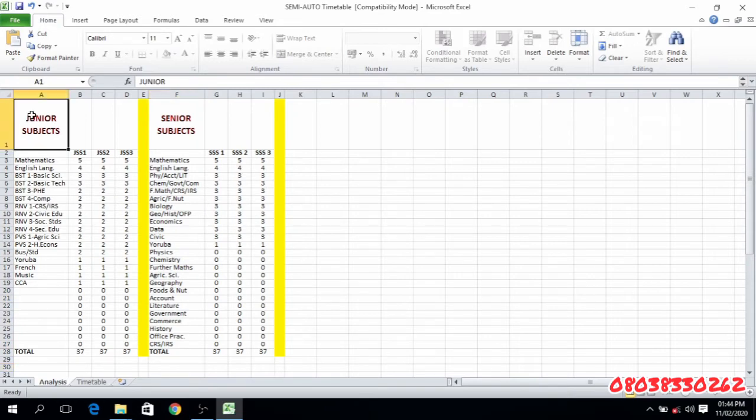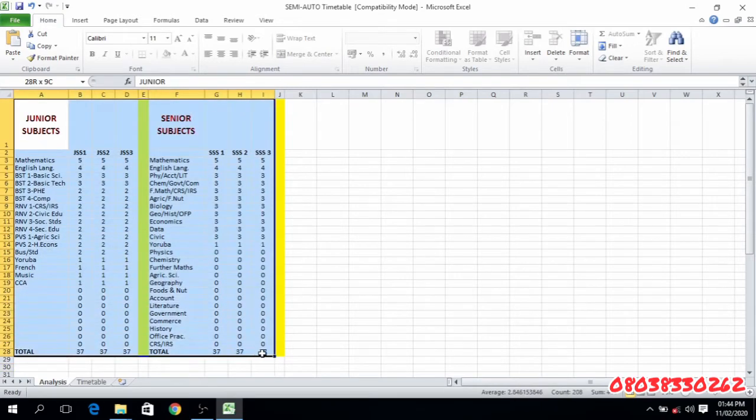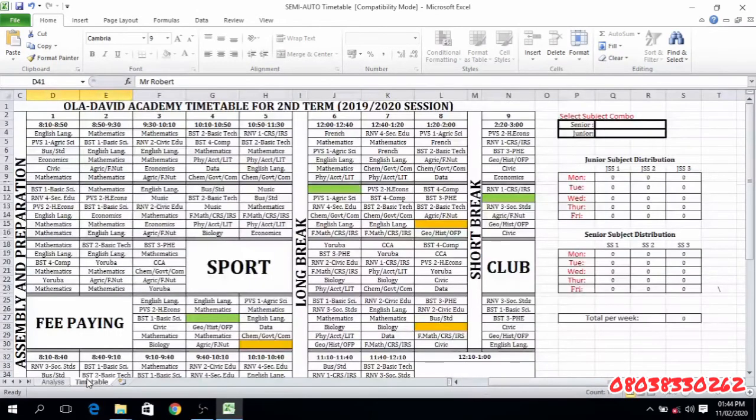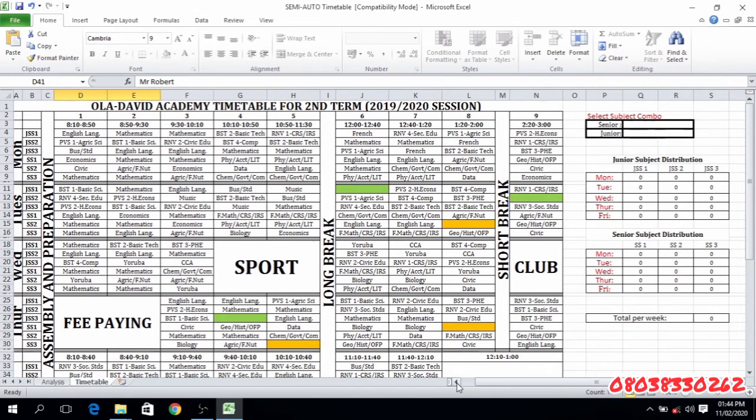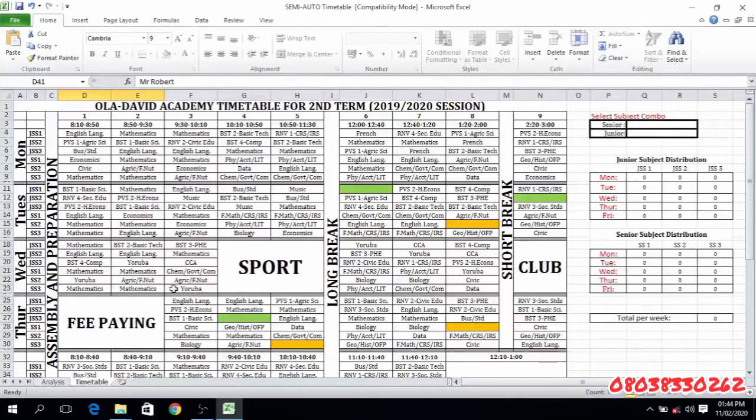Now the total of everything is just to tell you the statistics of the timetable generally, and it works for both primary and secondary sessions. Now there are two tabs in this particular program. The first tab you just watched was the analysis tab. Now this is the main timetable tab, the timetable sheets, where you have distributions across different days of the week: